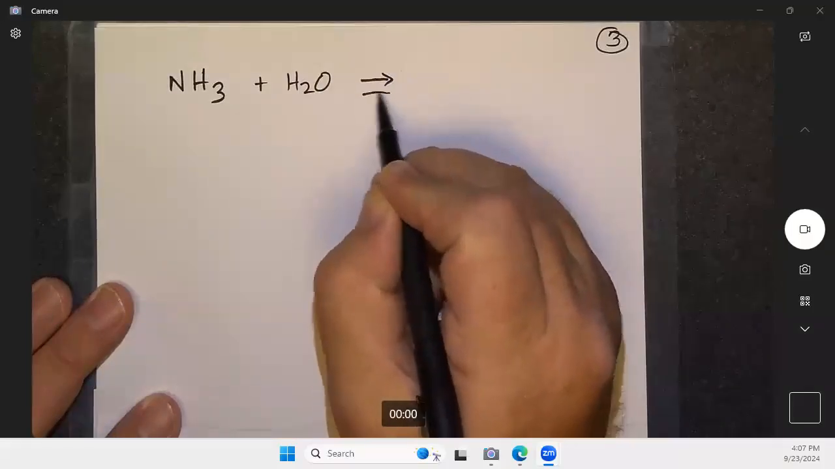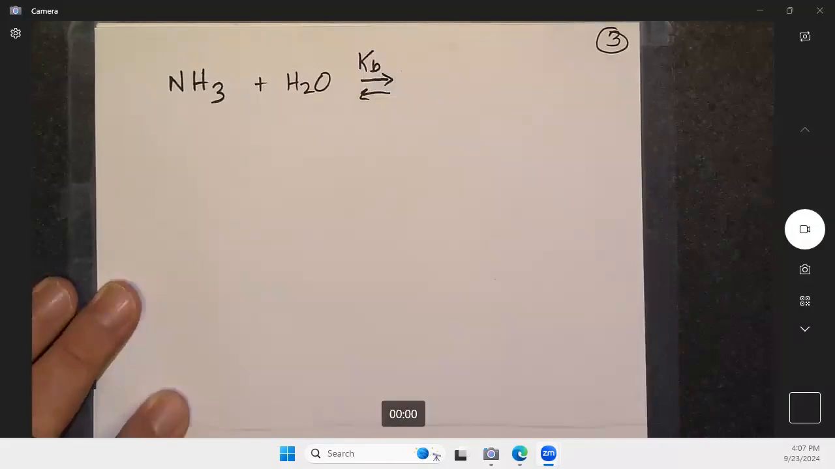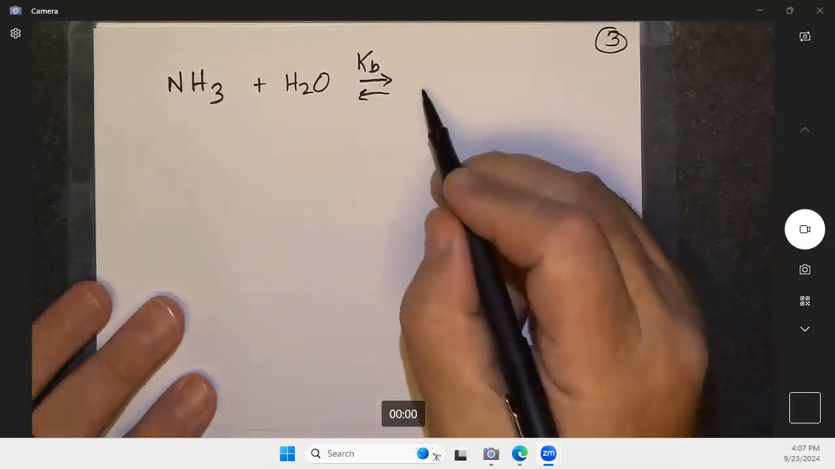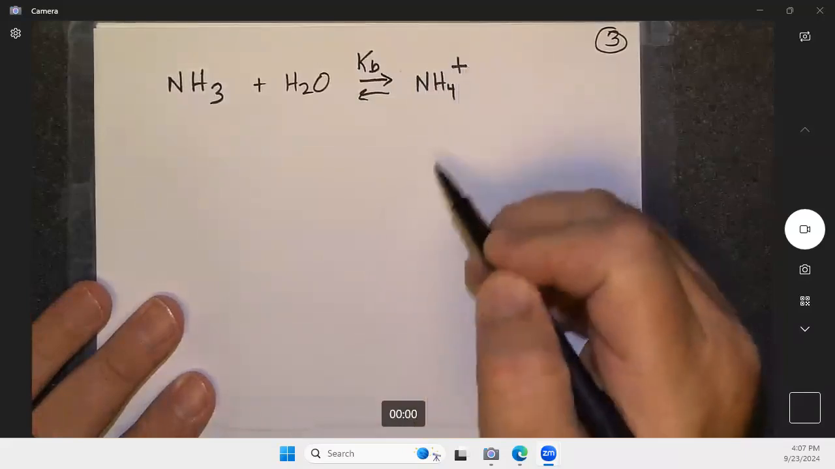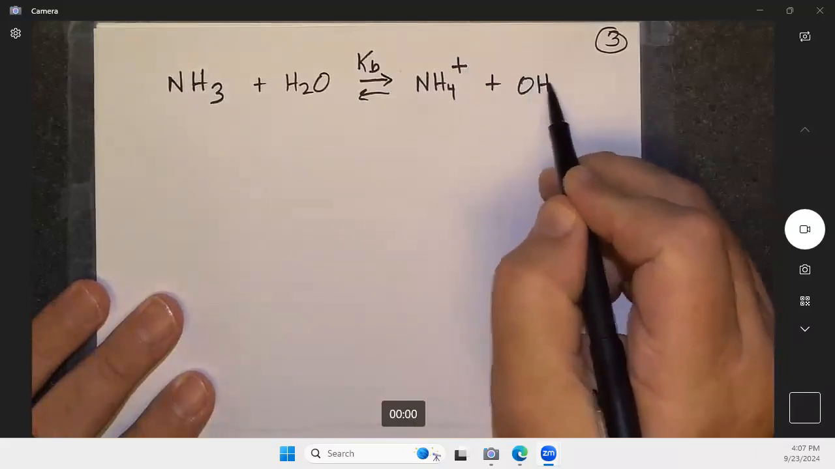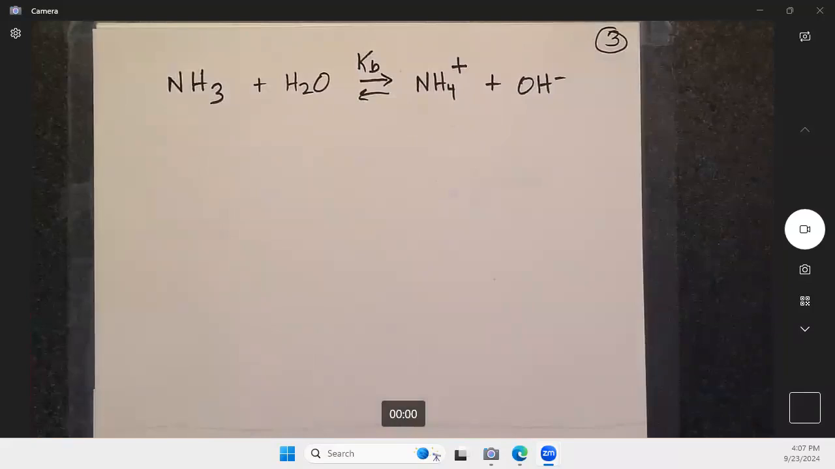And it's a weak base. It's going to react through its Kb equilibrium. Water is going to protonate it, right? And then we get NH4 plus and OH minus. So now, if you go back and you think about the original, when I talked to you about